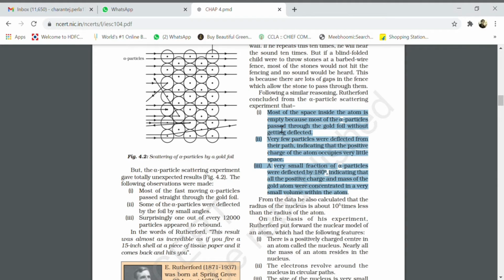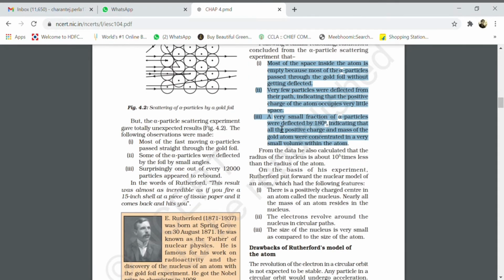as one in 12,000 rays was deflected at 180 degrees, this showed that the positive charges occupied a very small amount of space in the atom. So he also told that